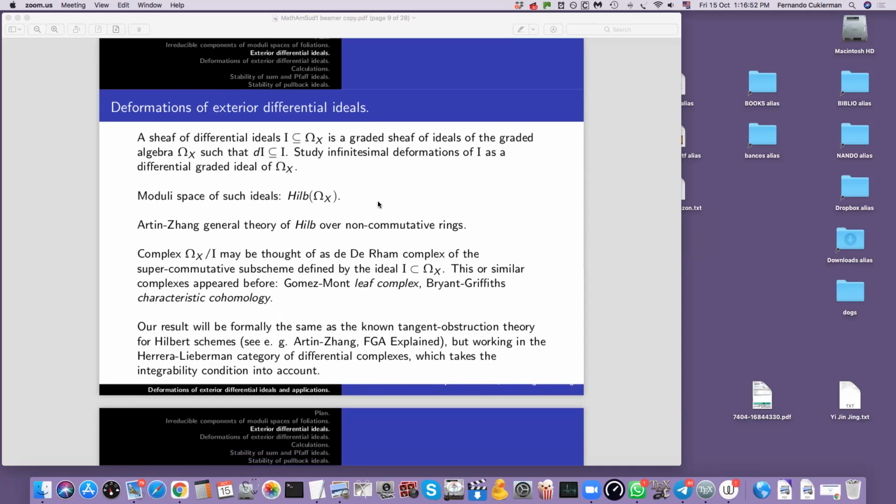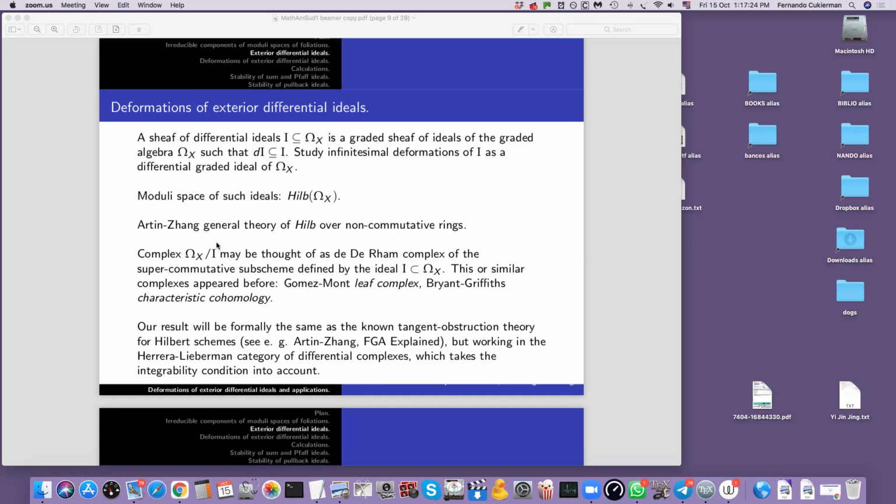Basically, this is the Hilbert scheme over the ring omega, because Hilbert scheme means ideals in a ring. We call Hilb omega the set of all the differential ideals. We have this condition, which is the integrability condition, the stability under D. So that makes a difference, but